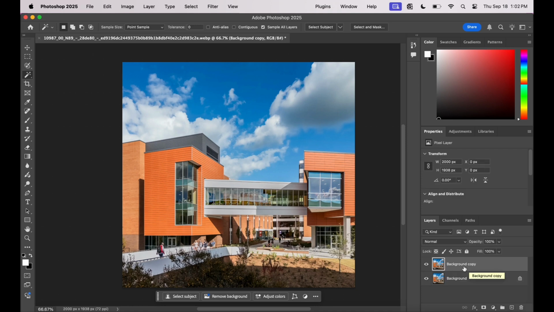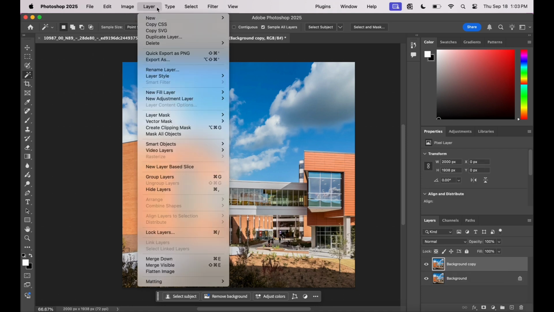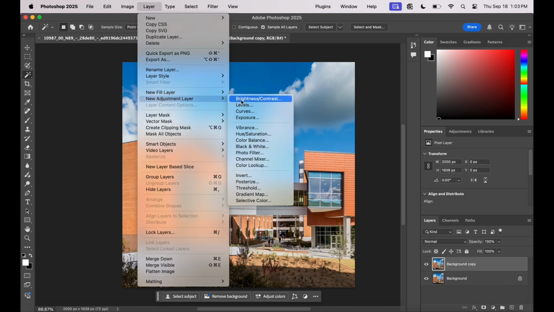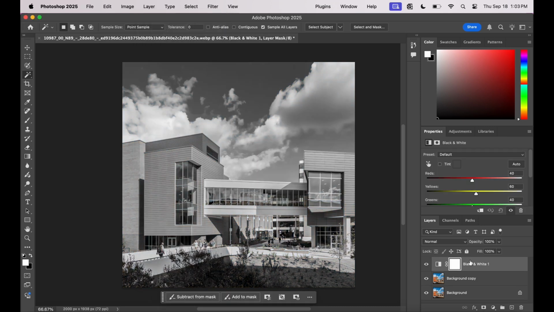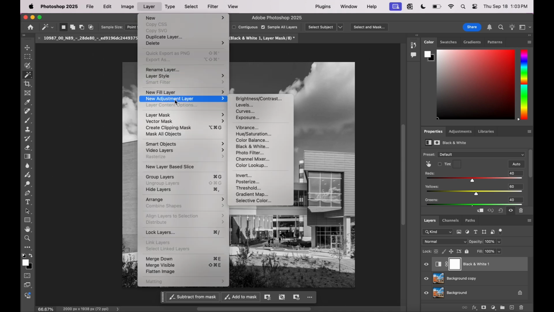Then you're going to duplicate that background layer and go to add new adjustment layer and make it black and white. Then you're going to press OK. After this, you're going to go back up to layer and add adjustment layer, and you're going to posterize it